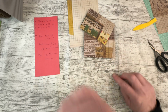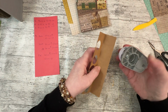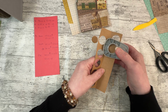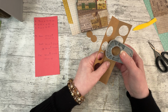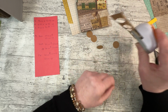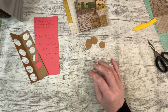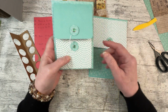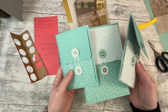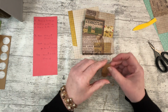But we need to put the policy closures on before we glue it down. So I want 5 of these. I'll show you why in a minute. Right, see if I can keep them on the table. Again, with the fancy papers, you can have fun with the colour of your closures. I've done some different, some the same, all of them contrasting make a big difference. But again, in this one, it's sort of industrially grunge, so I'm just going for the brown